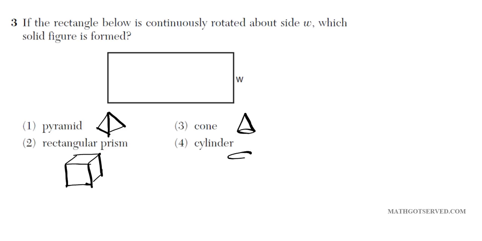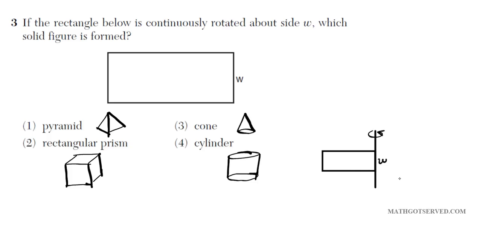And then a cylinder is a prism where the bases are circles, right? So which of these will result when you rotate this figure about the side W? Okay, so let me sketch the rectangle on the side here. Now, since we're rotating this rectangle about side W, this is an axis of rotation. All right, so what does that tell you the base is going to be? If you're rotating this rectangle about this line, side W, you're rotating it like this, the base is going to